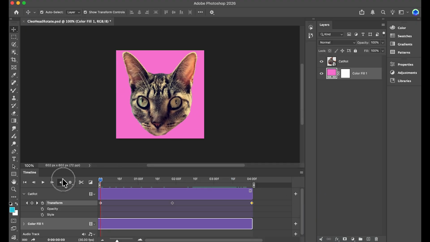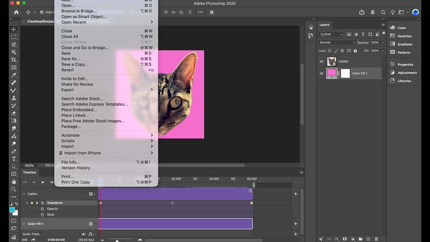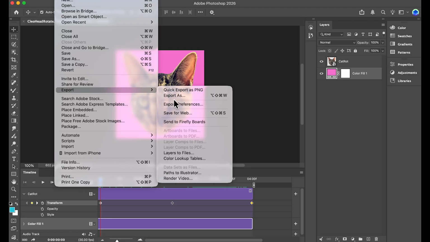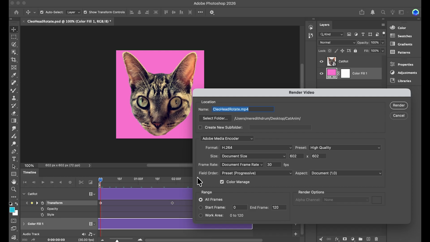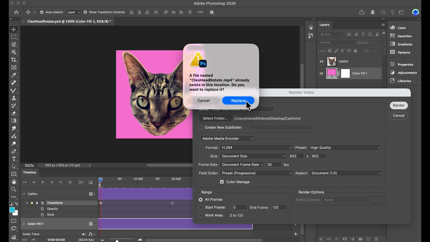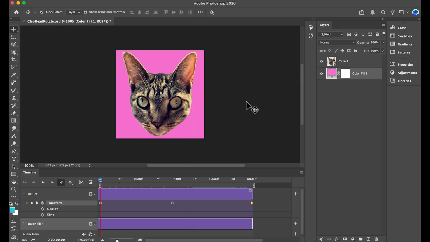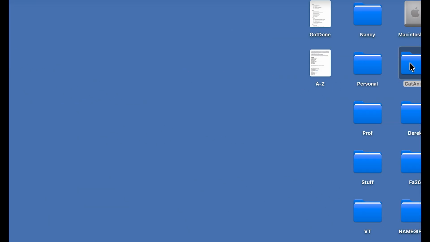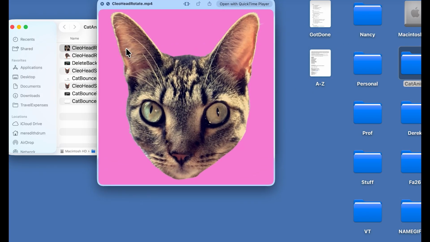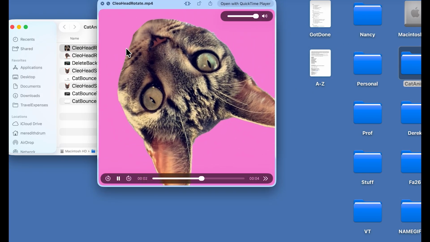Okay, so let's overwrite what we did before. Let's go up to File, Export, and let's go back down to Render Video. You can always do still frames, and that way you would get a sequence with an alpha channel. You can also choose a different file format, but let's just keep it as it is. Let's render it. It's going to say, do I replace? Yes, I'm going to replace what I had before, and it's very quick, usually, cat animation. Let's see. Now we have a pink background. Okay, and it rotates around.